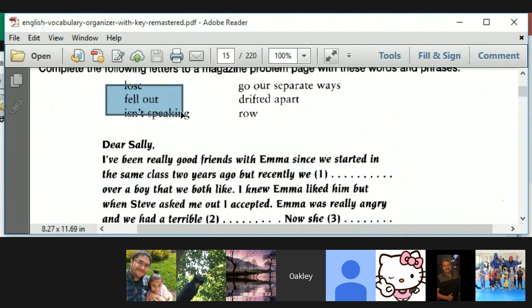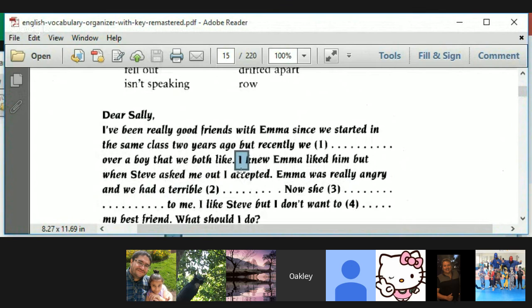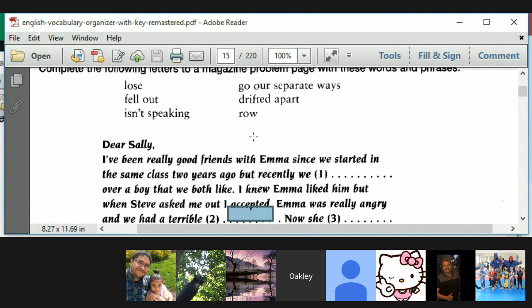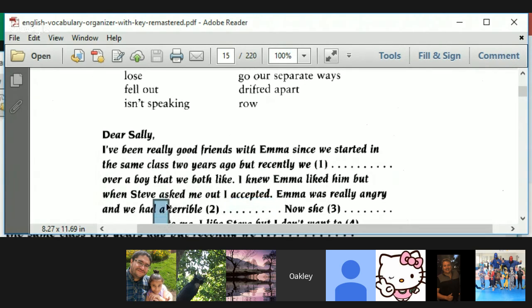A falling out as a noun. Okay, or it can be the verb form, fell out. Okay, they had an argument, a serious disagreement, a falling out over a boy. Yeah, okay, sure. Teresa, can you read the next sentence? Actually, go for the next two sentences, please. I knew Emma liked him, but when Steven asked me out, I accepted. Emma was really angry, and we had a terrible